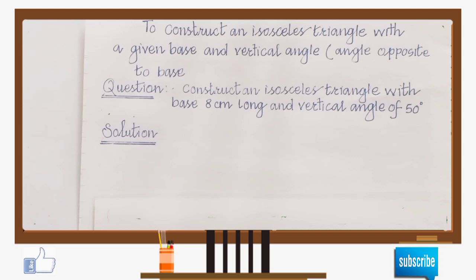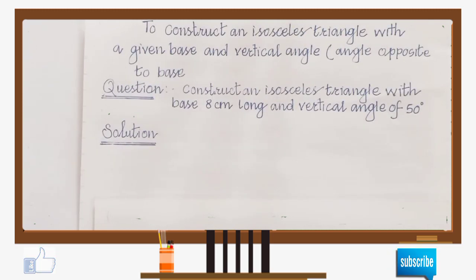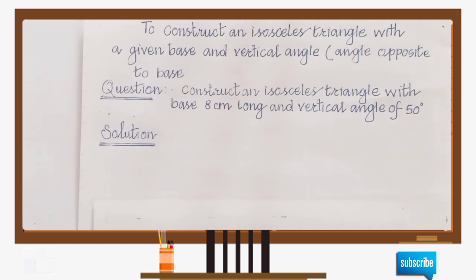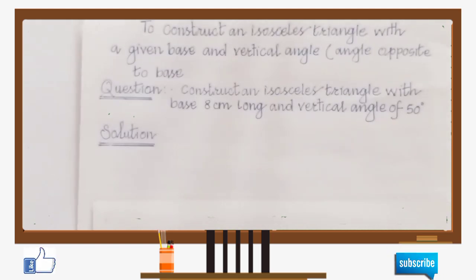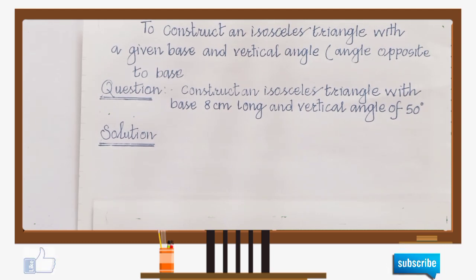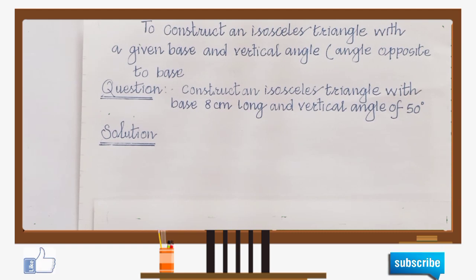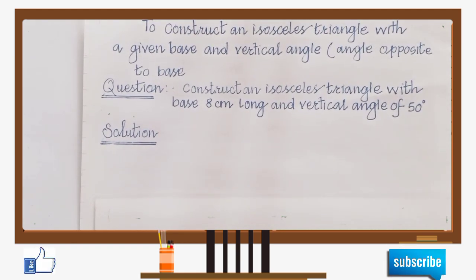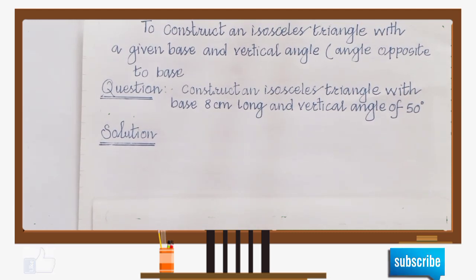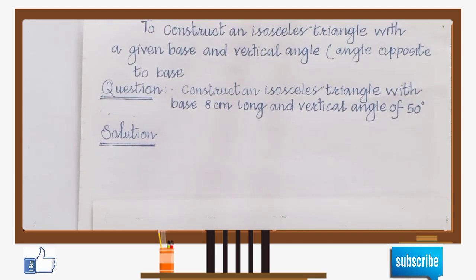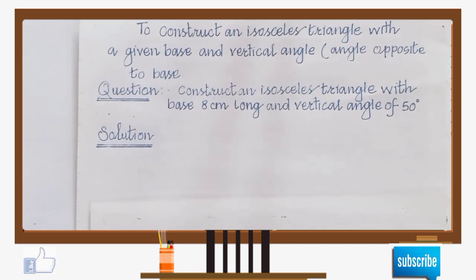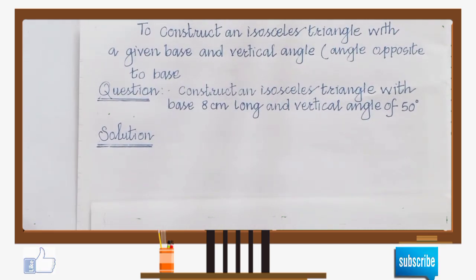Namaste friends, today we are taking a construction related with an isosceles triangle. Isosceles triangle जो है ये क्या है आपको मालूम चाहिए। What is the isosceles triangle? It is a triangle whose two sides are equal. जिसकी दो साइड जो है ये कैसी रहती है, इक्वल रहती है। Base angles are equal. So we had to construct an isosceles triangle with the given base.